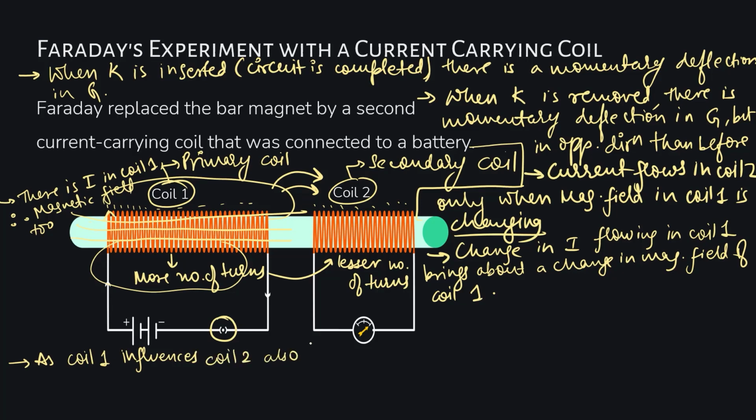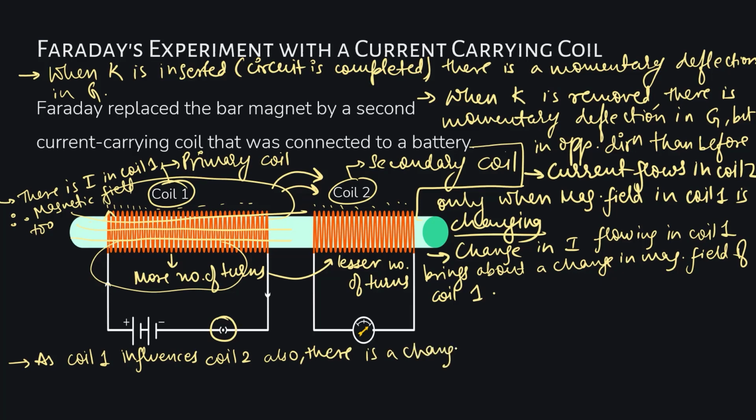That means because coil 1 and coil 2 are close to each other, the magnetic field around coil 1 has some effect on coil 2 also. There is some magnetic field changing around coil 2 also, right? So as coil 1 influences coil 2 also, around coil 1 the magnetic field is changing and it is causing a change in the magnetic field of coil 2 also, because they are so close to each other, right? If there is a magnetic field changing around coil 1, that effect is also felt on coil 2. So we write, as coil 1 influences coil 2 also, there is